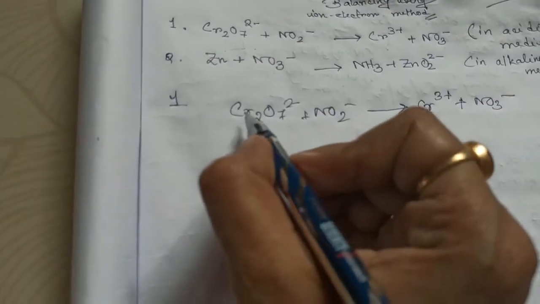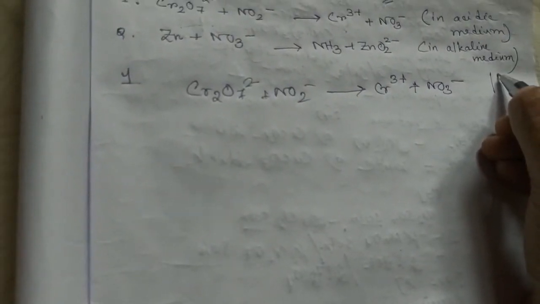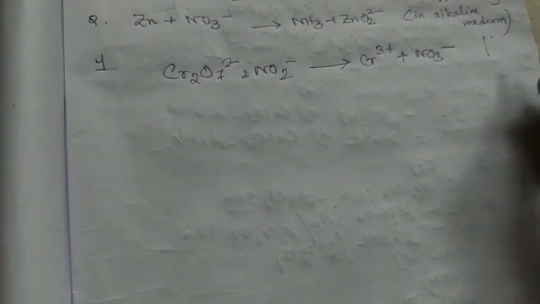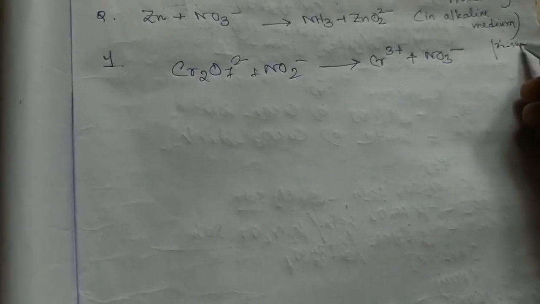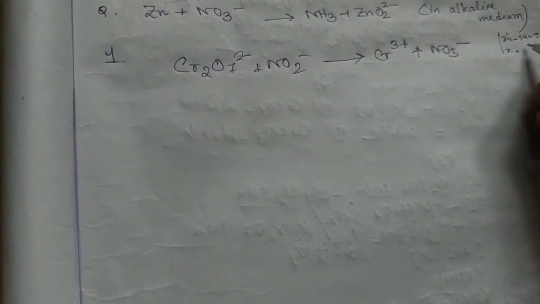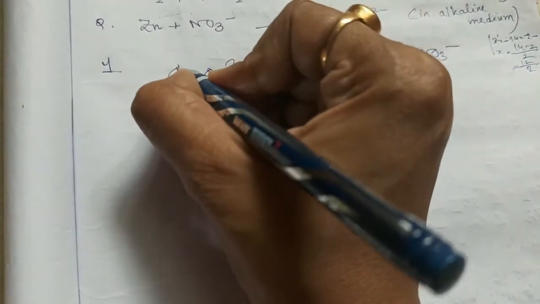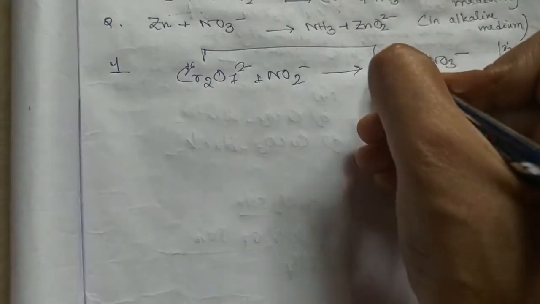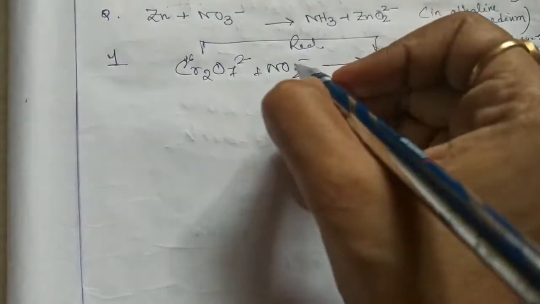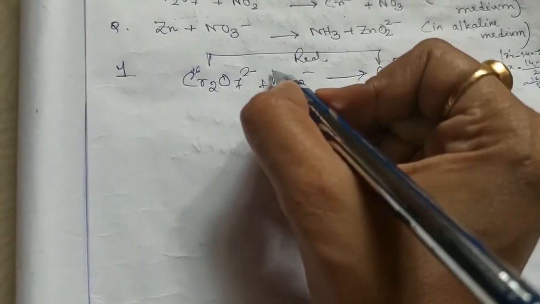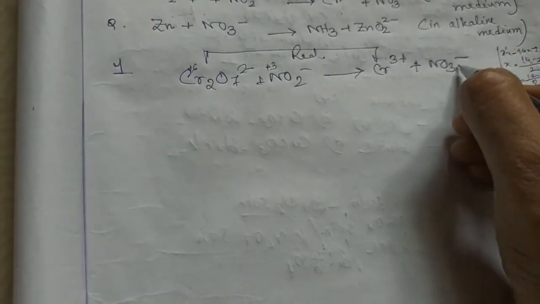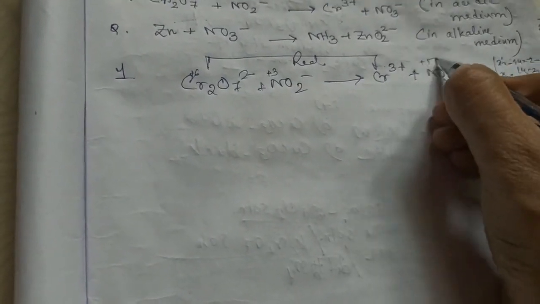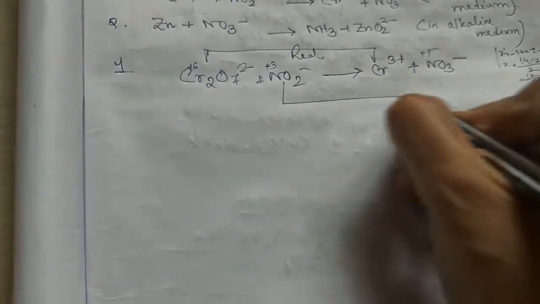If you see the oxidation state of chromium, you can do it in rough also. If you are not comfortable with the verbal calculation yet, you can take x: 2x minus 14 is equal to minus 2, so x is equal to (14 minus 2) by 2, then 12 by 2, that is plus 6. So it is plus 6, and here it is plus 3. So this one is a reduction. And here NO2 minus, that means nitrogen is plus 3, and NO3 minus, so nitrogen here is plus 5. So there is an increase in oxidation number, so that's oxidation. So these are the two transformations.